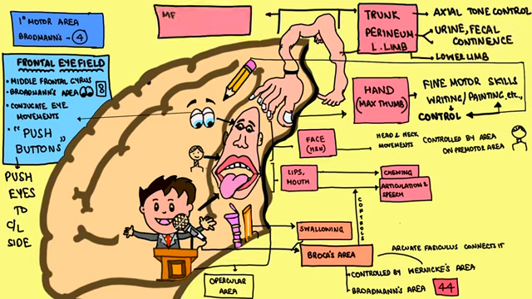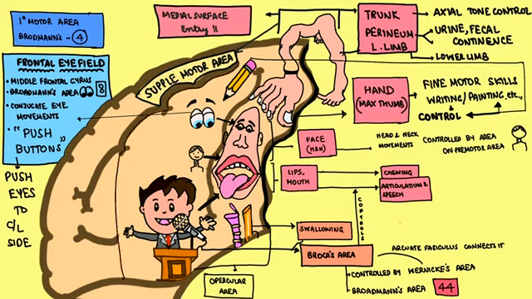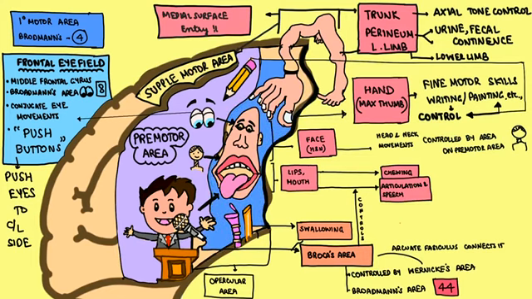Then the lower limb dips into the medial surface of the cerebral hemisphere, frontal lobe. Thus, these trunk muscles are controlled by the supplementary motor area in the superior frontal gyrus. Thus, we saw a list of planning members in the premotor area and the executory members which are present in the primary motor cortex, which is the Brodmann's area 4.